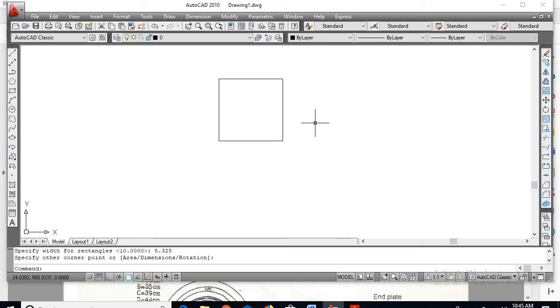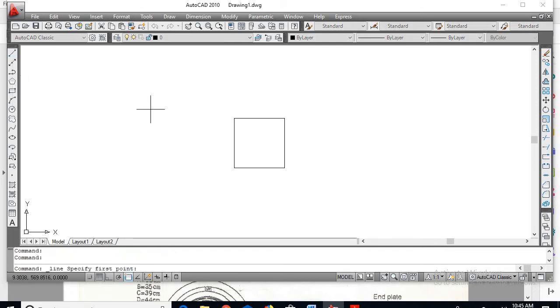Zoom in and get the picture according to the size we require. Now draw two diagonal lines to get the center of the square core.